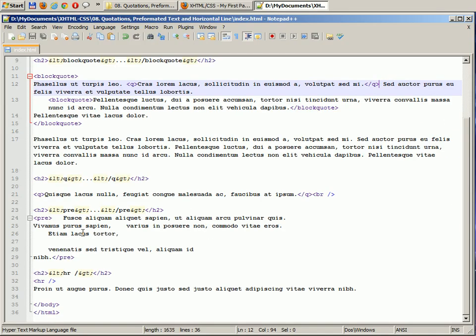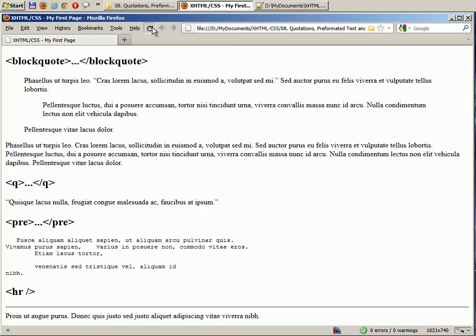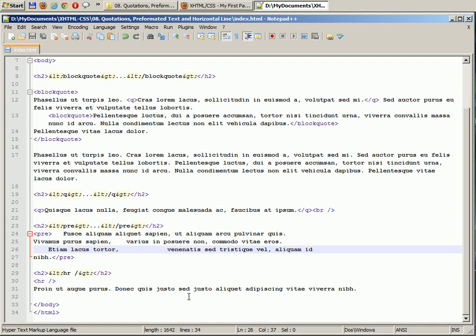Now if we go back to our code behind, as you can see here, I've just inserted some space between the words and enter it. If I'm just going to reformat it again, I'm just going to add some spaces here. Just going to save it, go back and refresh. You've seen? It retained a number of spaces. So this is the only element that it will permit you this kind of behavior. Well, this kind of element would be pretty good if you like to